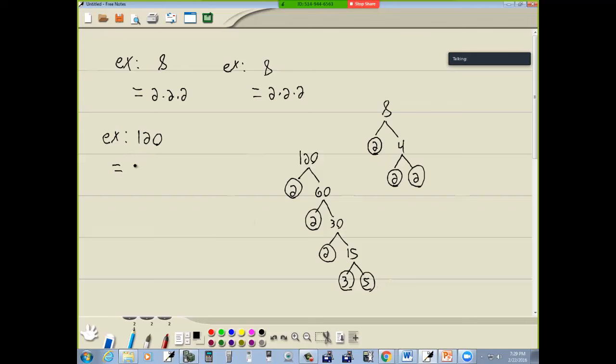So my prime factorization would be 3 2's, and then a 3, and then a 5. If you want to write this in exponents, you could write 2 to the third times 3 times 5. But this is basically our prime factorization. Now that's going to help us to simplify fractions. So for simplifying fractions,